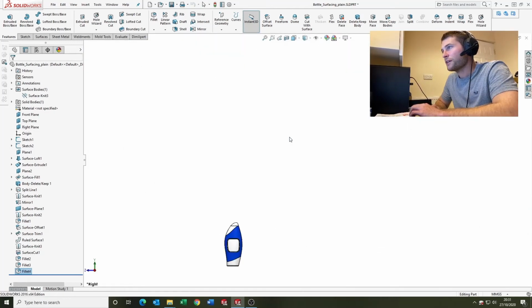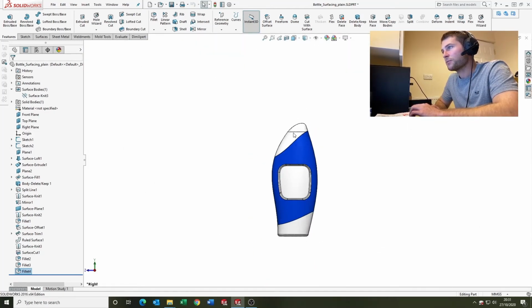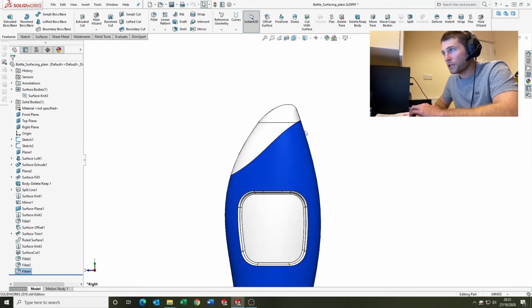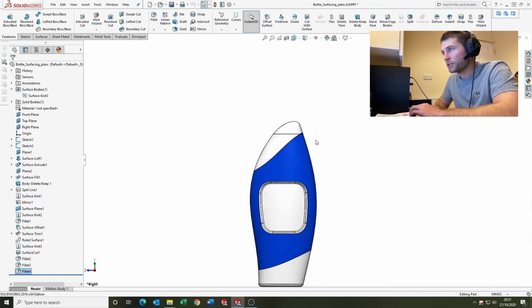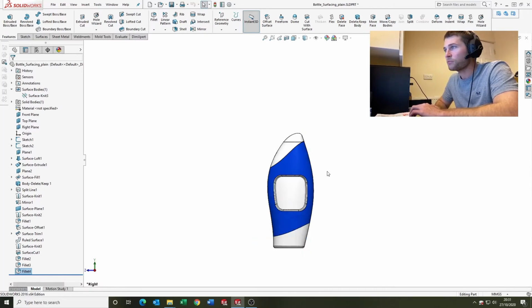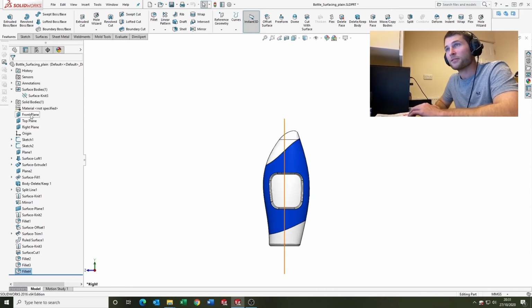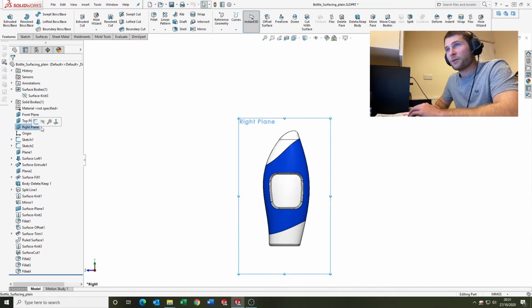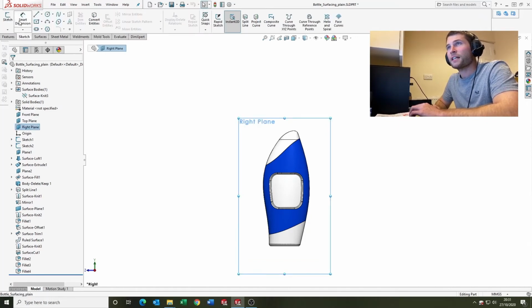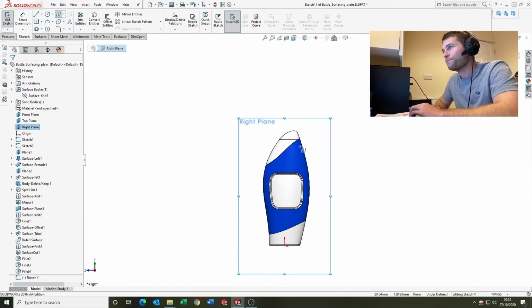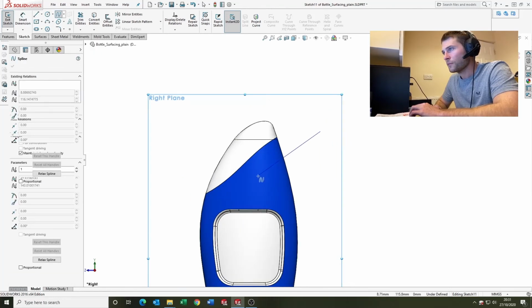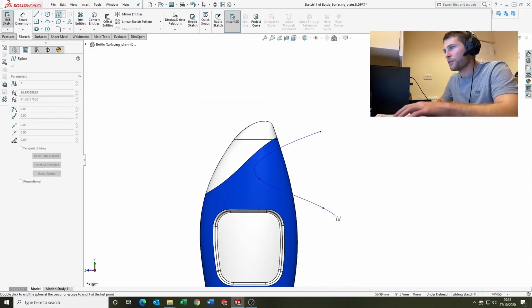And now if we say the customer or whatever wants a bit of a styling detail up here, which could be just a recess cut, or it could be an overmold grip detail. Who knows? But it gives us something to do. So let's see how we'll do it. Go on the right plane and go sketch. Come up to spline. I'm just going to put 3 points there,